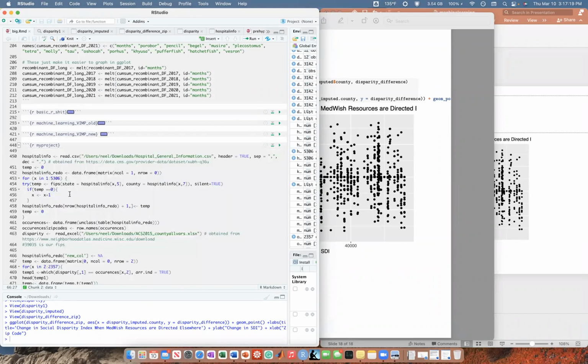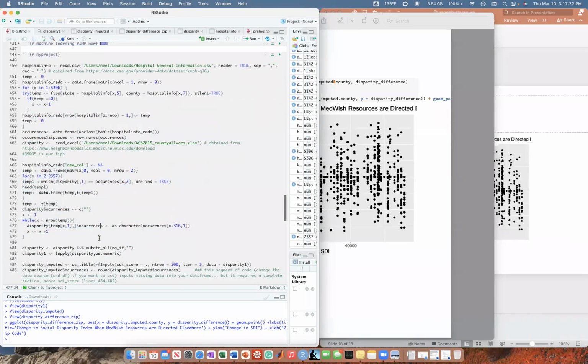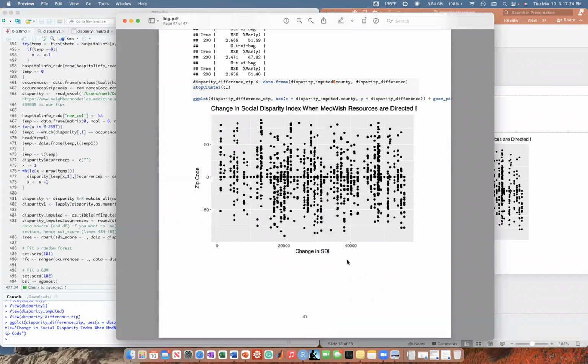So my goal for everyone is to have their own project. Maybe not as long. Maybe your project is as simple as saying, I am going to find 10 hospitals in the country and I'm going to figure out how many donations they need for MedWish to be better. I said I'm going to do that for every suburb, but whatever.